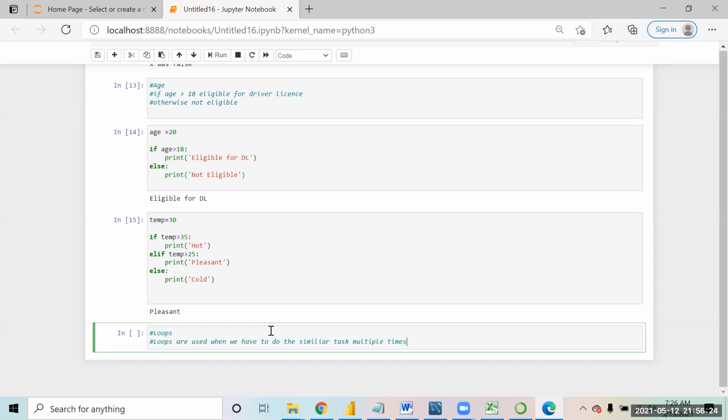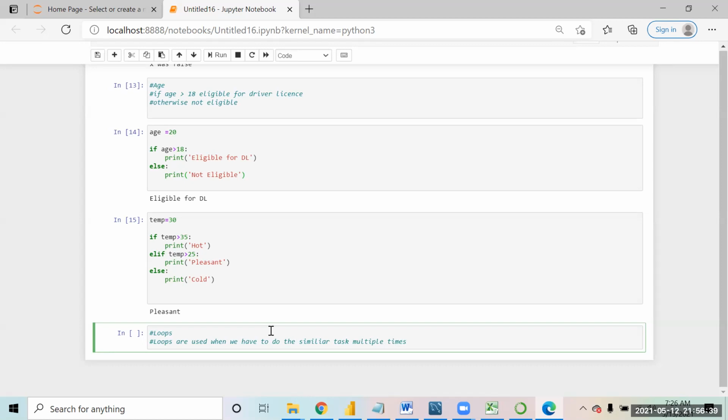Suppose you have to print a table of 5, or print the factorial of a number, or print hello 20 times. That is where we will make use of loops.